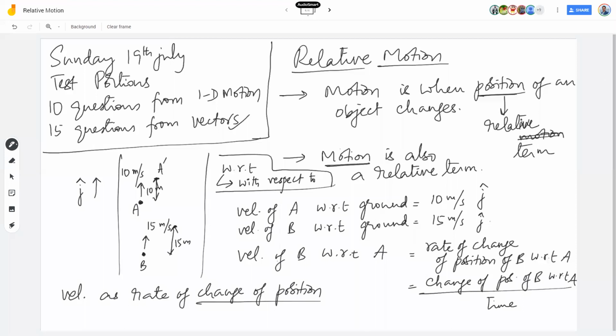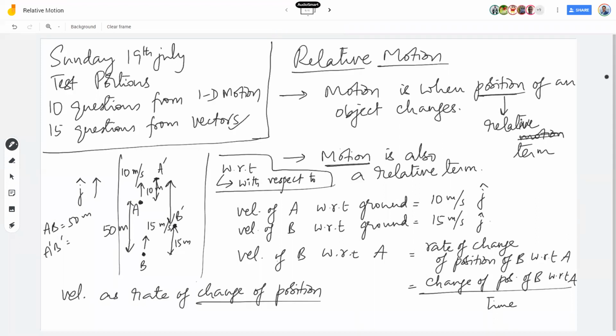Let us say these are A dash and B dash points, the new locations. Assume that they are both in the same line only. So this distance is not important. Do not worry about that distance. I'm only worried about one-dimensional motion here, for example. In 1 second, A goes further by 10 meters, B goes further by 15 meters. If the distance between A and B was 50 meters before, what will be A dash B dash?